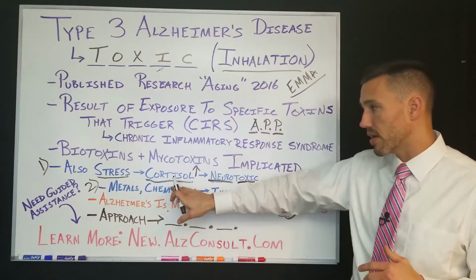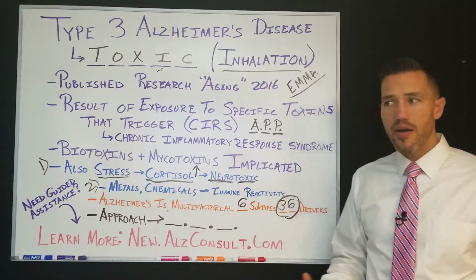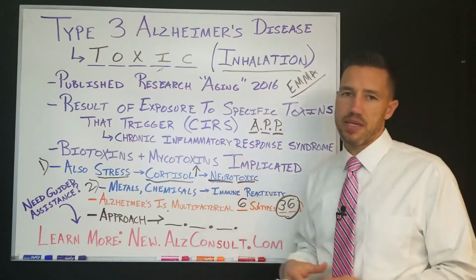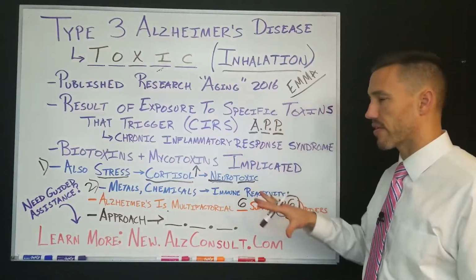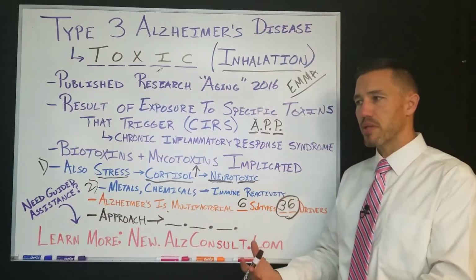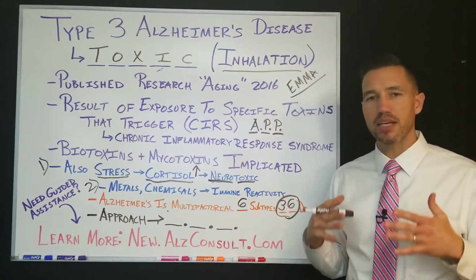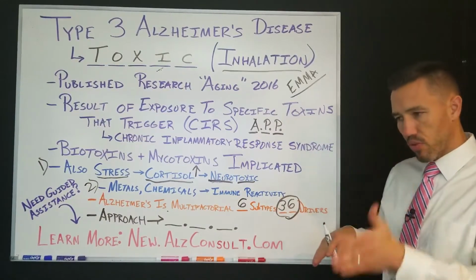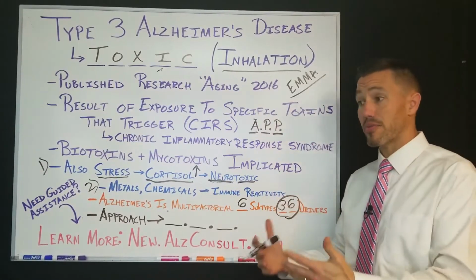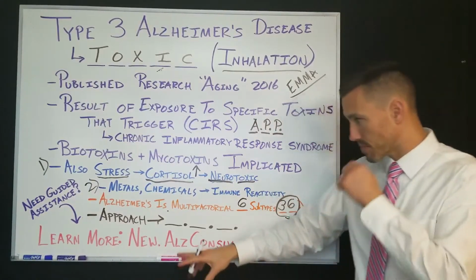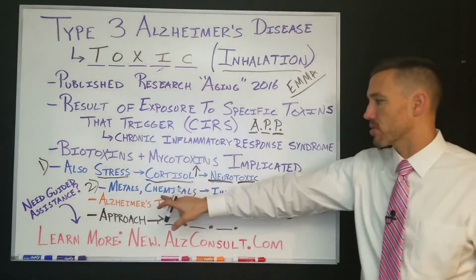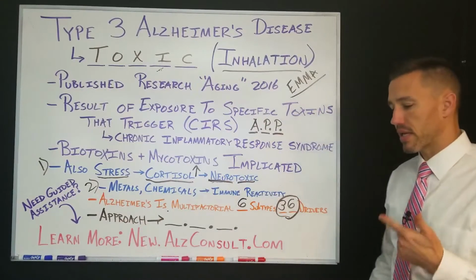I mean, obviously addressing the source of the stress is ideal, but sometimes we don't have that option. So there's several things that can be done here. This is what we help people with, like figuring out, looking at this landscape and these problems that they're faced with that are contributing to cognitive decline and helping them formulate a strategy. Right? Address the most important things first, use diet, lifestyle, nutrition, everything that we can to help them naturally to unwind these problems. Now, number two, the second thing under toxic, metals and chemicals, so heavy metals, mercury, lead, cadmium, cobalt, nickel,